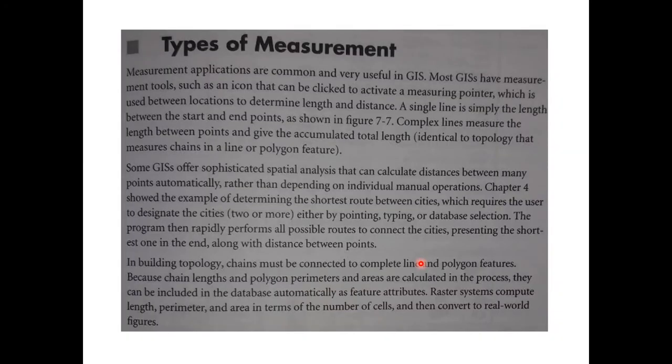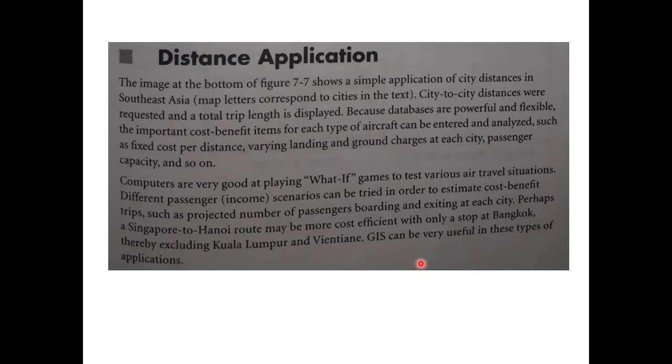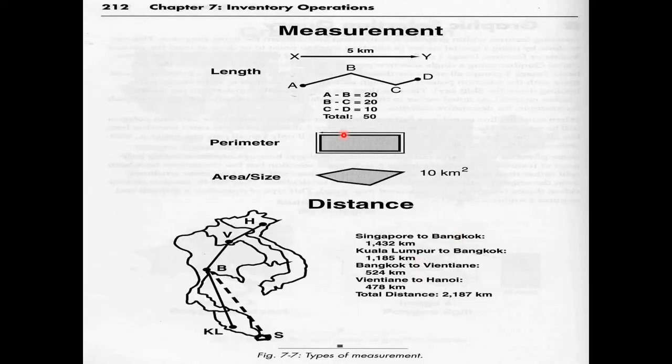Next is type of measurement. What type of measurement? Like distance applications. For example, if you draw a line on multiple points or polygon, then you can see the distance from starting point up to the next vertex, from node to vertex, and then vertex to vertex, and then finally vertex to node. You can find area, but you can perform these operations in vector data only, and in raster data you can only find the area with help of number of pixels and pixel resolution.